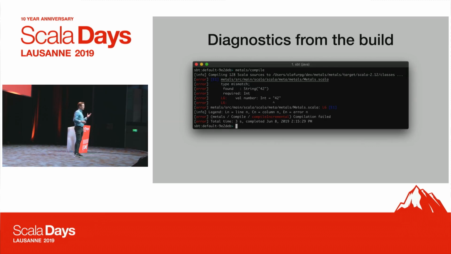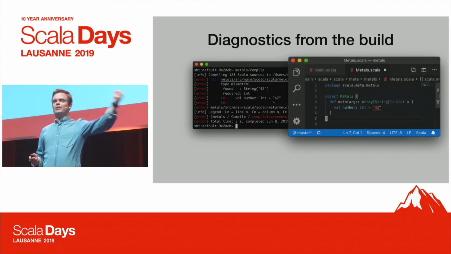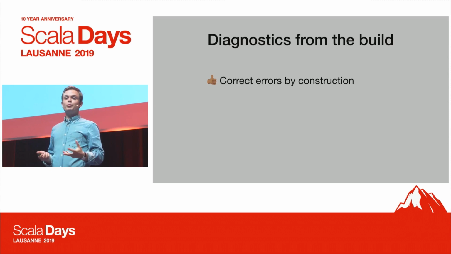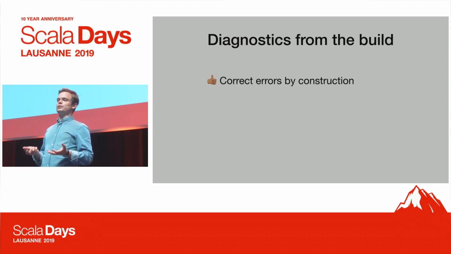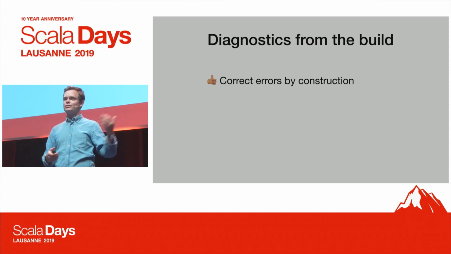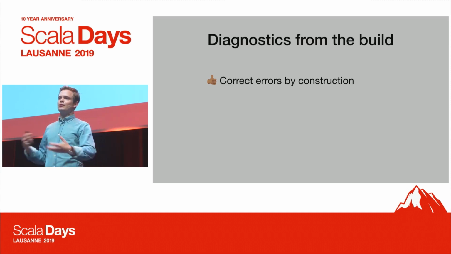So in a nutshell, when you type compile in sbt, it's going to run compiling 128 source files and then give you an error because you have some problem. And what Metals does is just take that error and shove it into your editor. And this has some very nice properties. It's essentially correct by construction. Whatever you have in your build, that environment is perfectly reflected in your editor. There's never the case where something like a dependency is out of sync or anything, because it's the same thing. So if you're using Ammonite scripts, which have a different build tool, well, we should get the errors directly from that source instead of trying to reproduce that environment.